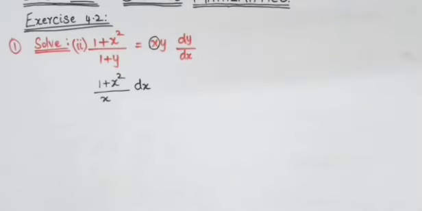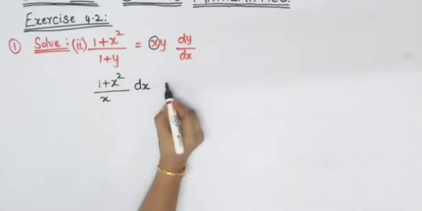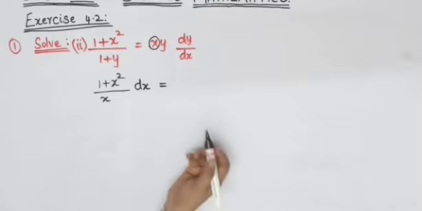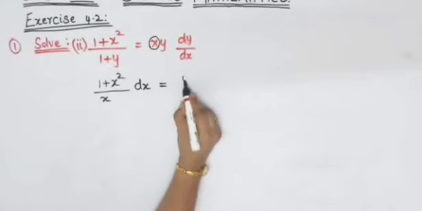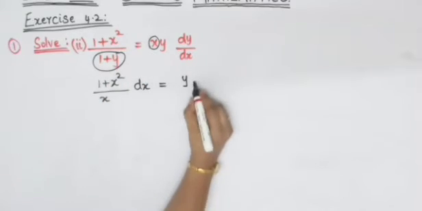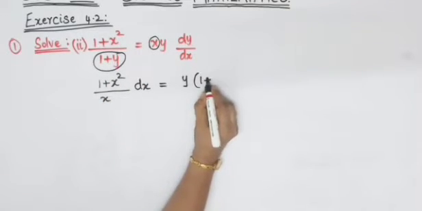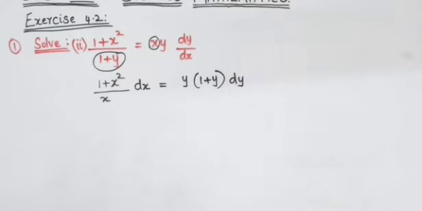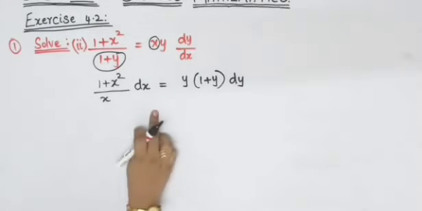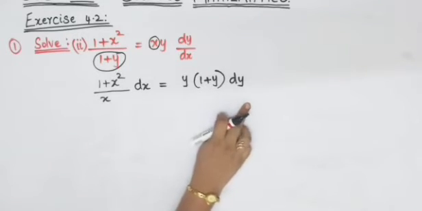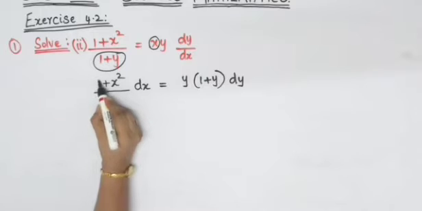Okay, so all the x terms we have got on one side. Now the y terms, you will have to write towards your right hand side. y is already there. We will take this 1 plus y towards your right hand side, so it will come to the numerator, as 1 plus y into dy will be left out. So all the x terms you have got towards your left hand side and the y terms fully on the right hand side. Now 1 by x is there, isn't it?